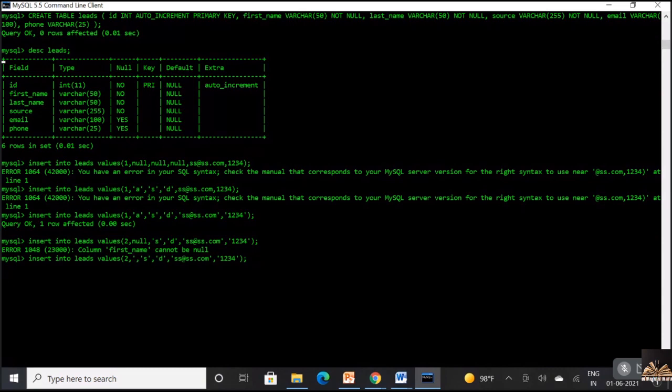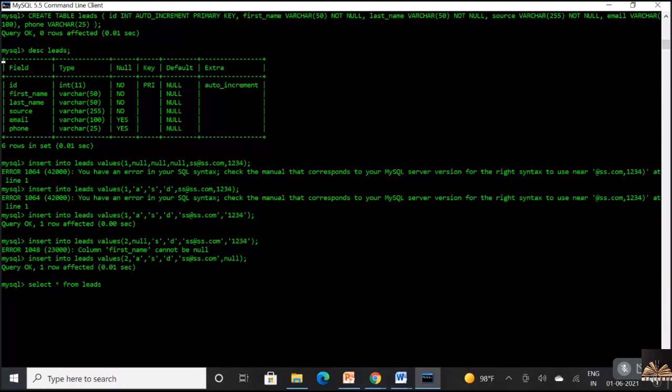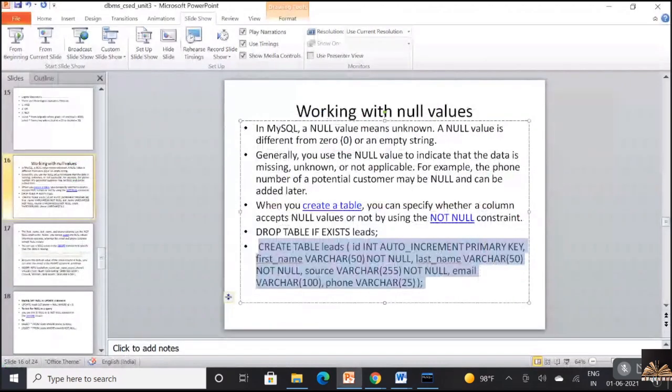I'll say this is A, and here I can write it as null. It's accepted. Okay, select star from leads. See, in the place of phone number, I've got null. But all the other fields apart from email and phone number cannot take null values. That is the concept of working with your null values.